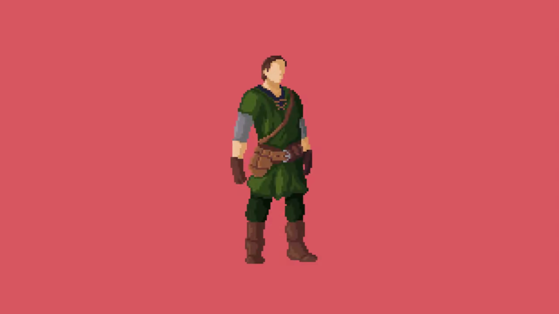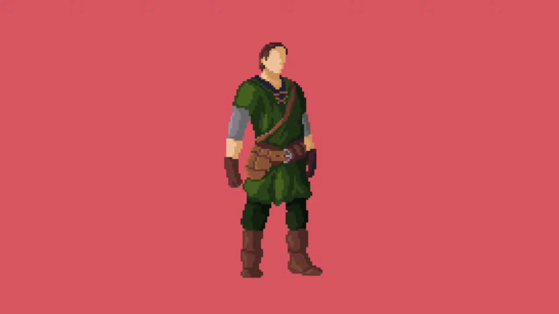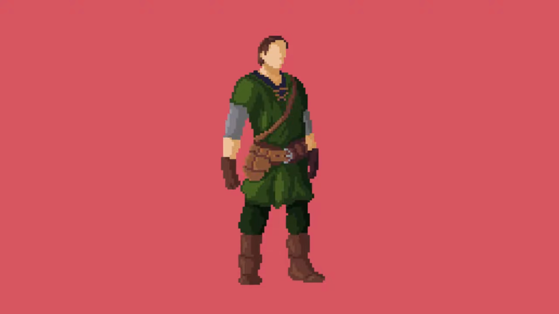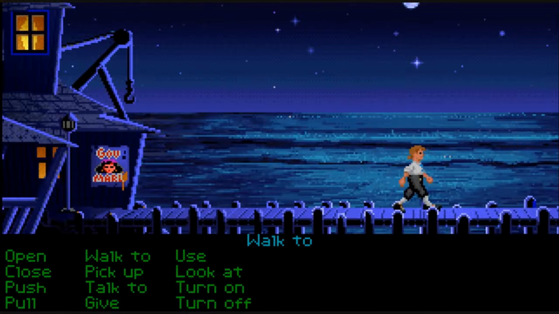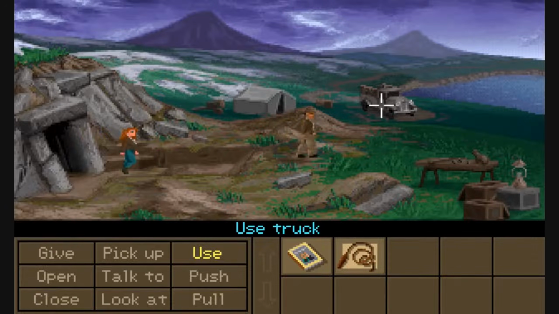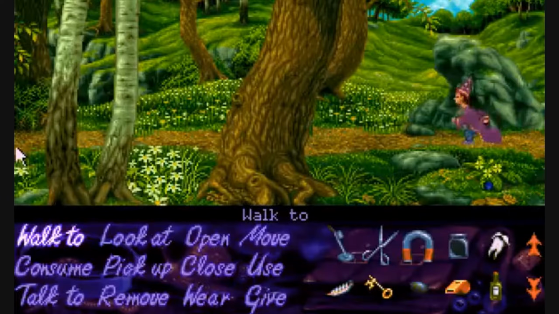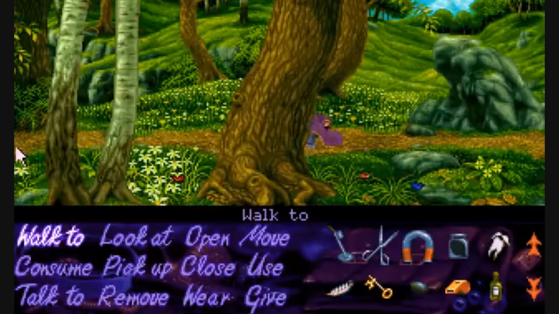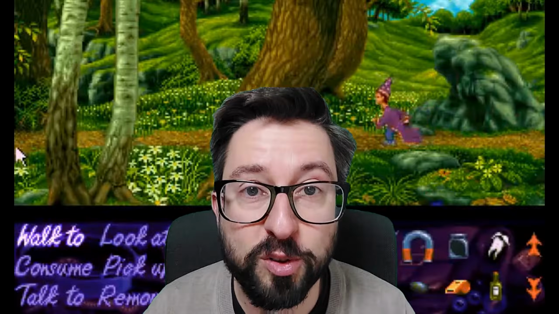So I recently created this medieval fantasy character with no particular goal in mind other than just practicing my pixel art. But as soon as this guy was there on my screen, it made me think of all these nice good old point and click adventure games back from the 90s that I grew up with, which usually involved a lot of walking around between locations, sometimes even through beautiful screens that offered nothing else but just walking from one end to the other. Yes, I'm looking at you, Simon the Sorcerer Part 1.